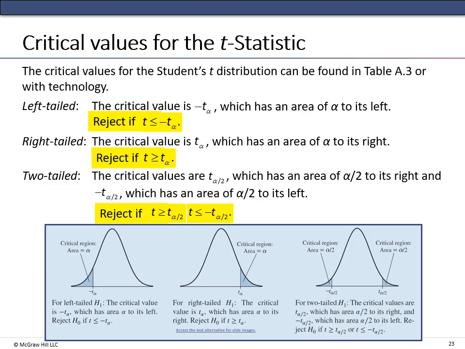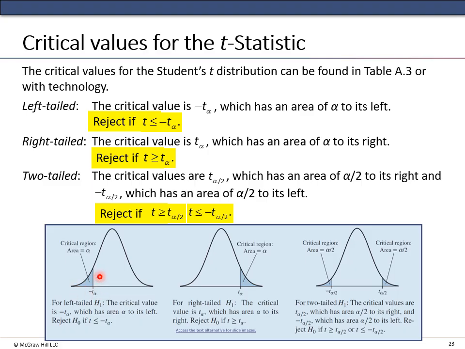So let's look at the other method for deciding whether to reject or not, and that is the critical value hypothesis test. Remember, critical values, what we do is we figure out a t sub alpha,